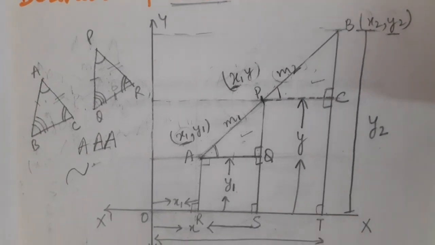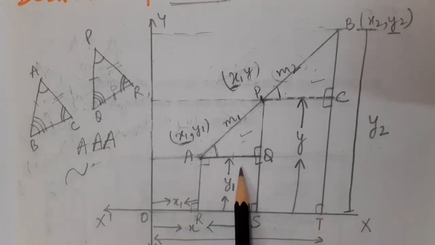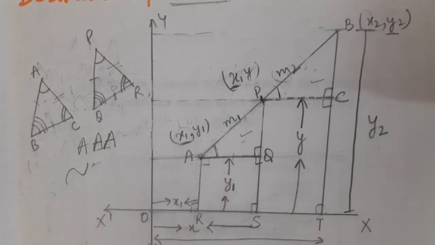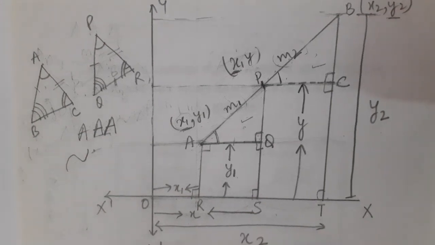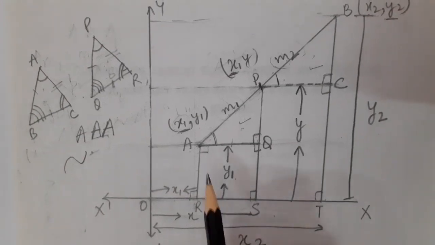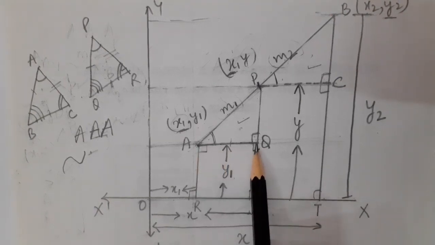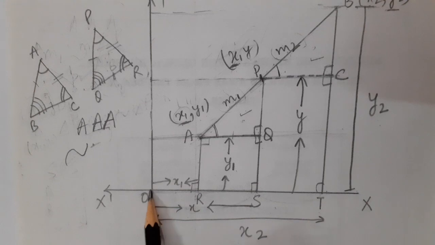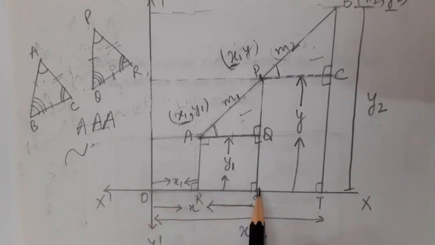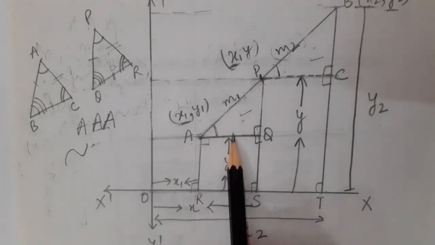Correct, students? Okay. Now, using these very dimensions, we will have to calculate those dimensions which are required in our proof. Okay. So children, as I took the corresponding sides of both the triangles, I took AQ. So can you tell me how did I calculate AQ? If I subtract this complete OR from OS, then can I calculate RS? And RS must be equal to AQ.